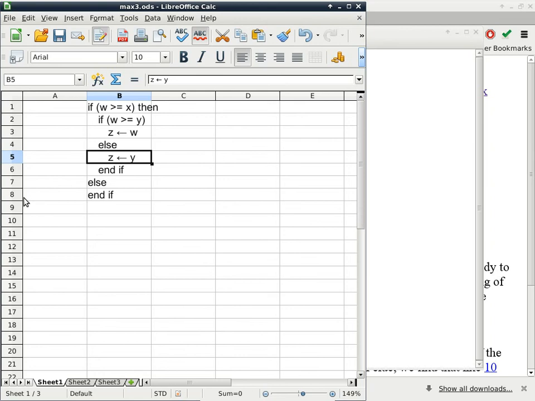Yep, go ahead. Is there a reason why you didn't put a "then" in the if W is greater than or equal? Oh, I just made a mistake. That's one thing that's good about pseudocode: I don't have to deal with the compiler. So unless you guys tell me that I'm missing something, nobody knows. The other question is, if I did miss a "then," would it change the way you interpret the pseudocode? No, because people are not as strict when it comes to these keywords or the placement of the keywords. Yep. I'm wondering why did you have to